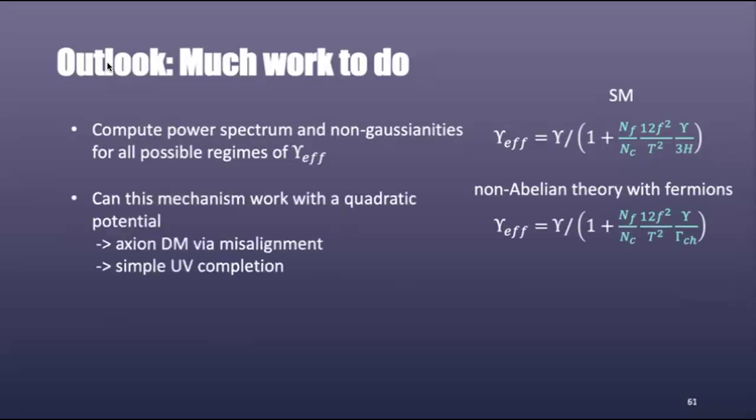And then what I'm excited about thinking about, like I said, we didn't go into these regimes yet where this term becomes large because computations are insufficient so far. But I'm working right now on refining those predictions. And then the question is, if you go into those regimes, can this work with the quadratic potential? And of course, if it did work with the quadratic potential, then it would be much easier to UV complete